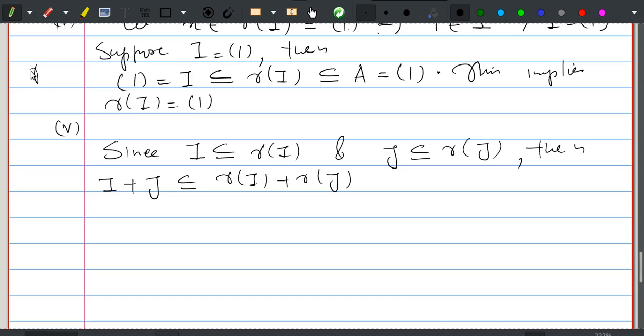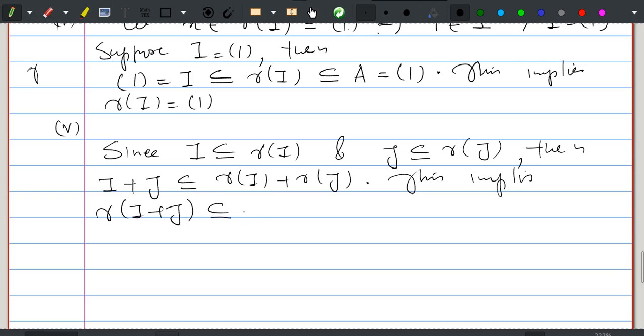the radical respects the inclusion. That means if I is contained in J, then radical of I is contained in radical of J. So this would imply radical of I plus J is actually contained in radical of I plus radical of J. So this containment is trivial. Now to prove the other direction, conversely,